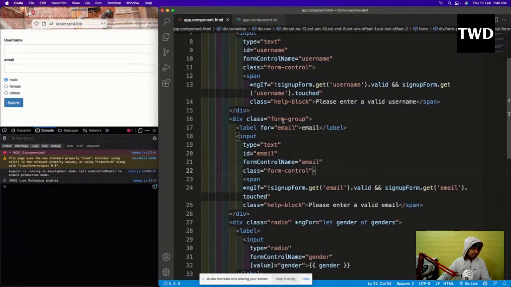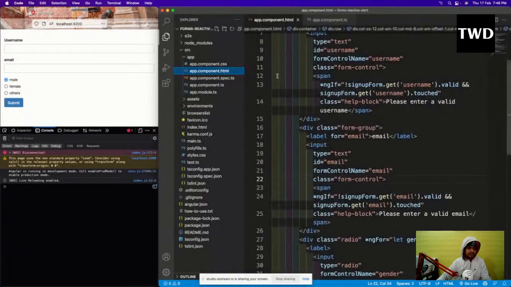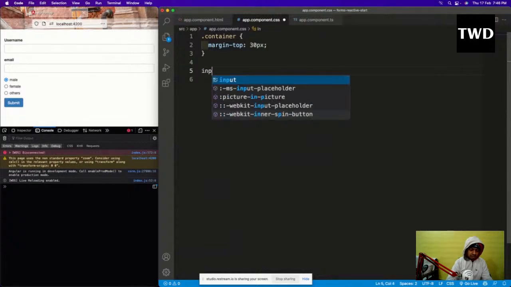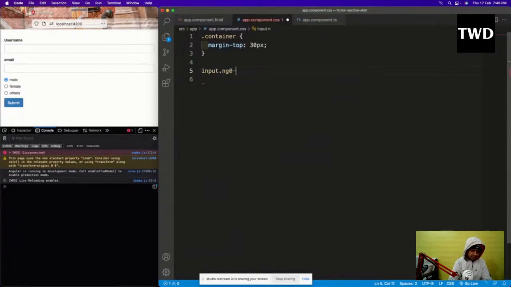And again, we are going to have the same thing in our app.component.css file. We'll have input.ng-invalid.ng-touched, and again the border will be red.